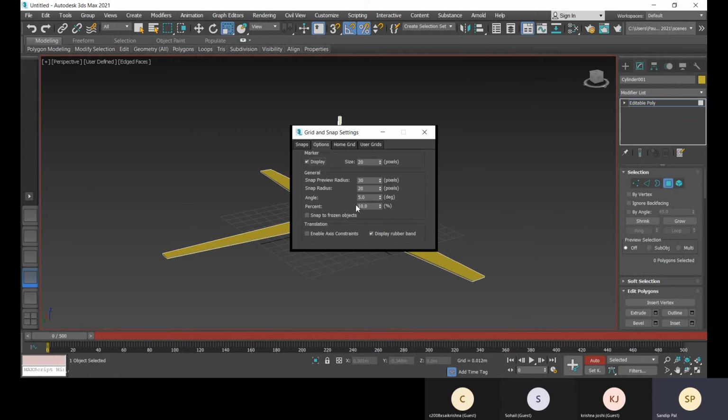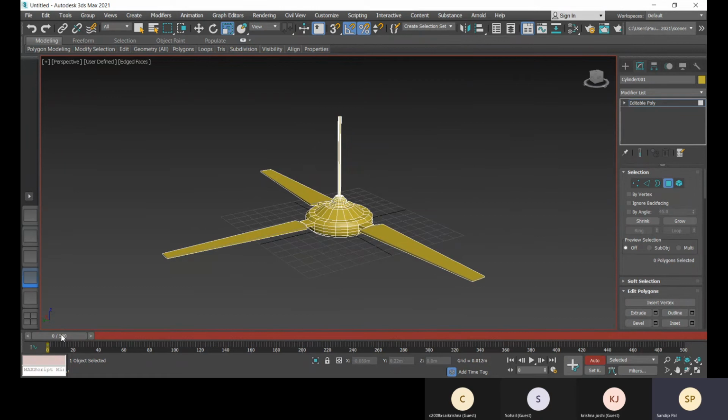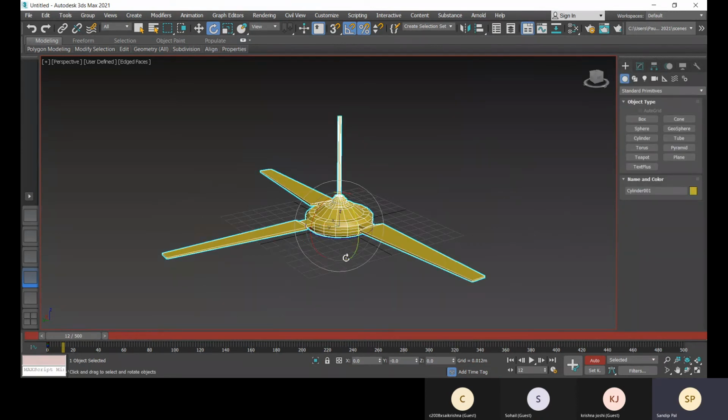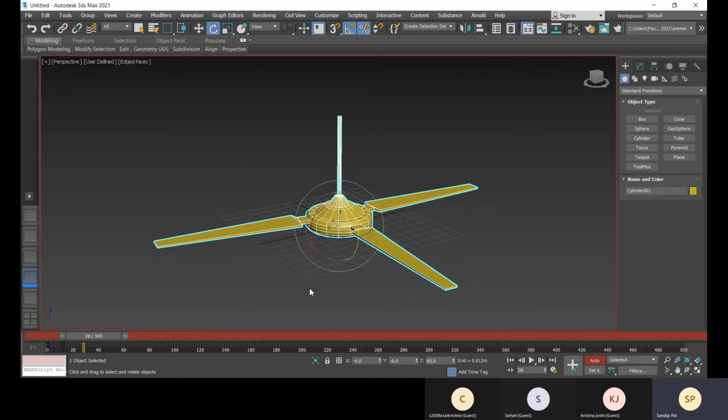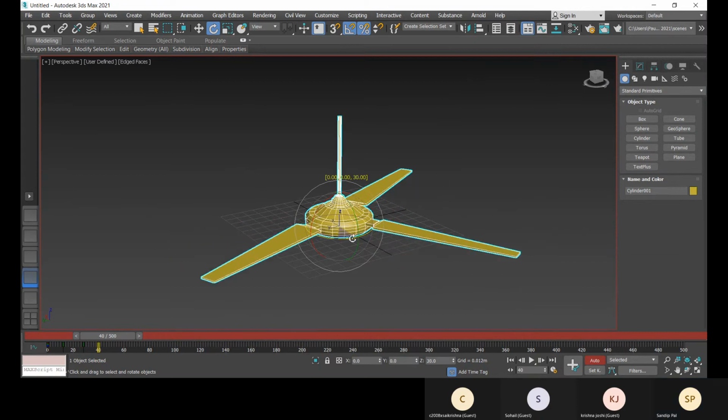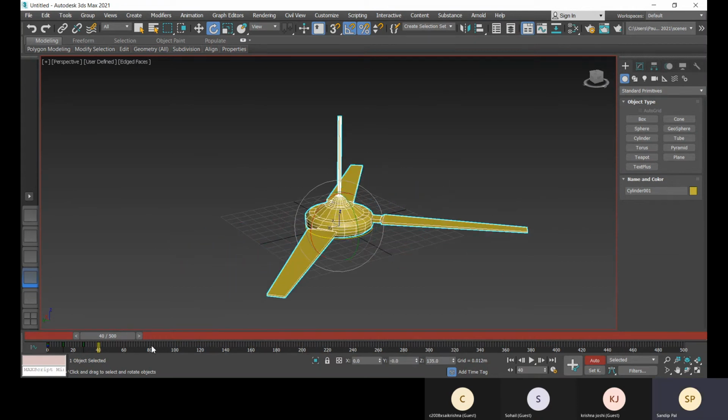For the rotation angle, right now angle snap is 5. So this is the selection. So like 40, then again around 45. I am moving this frame, and there the movement will be like this.